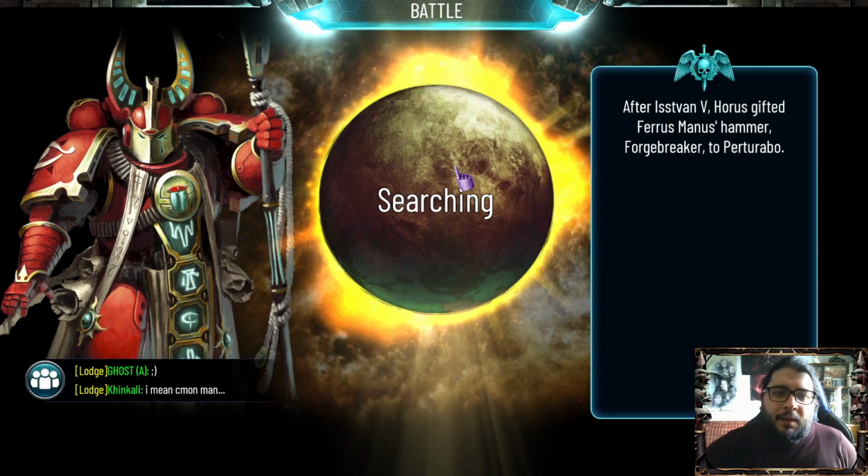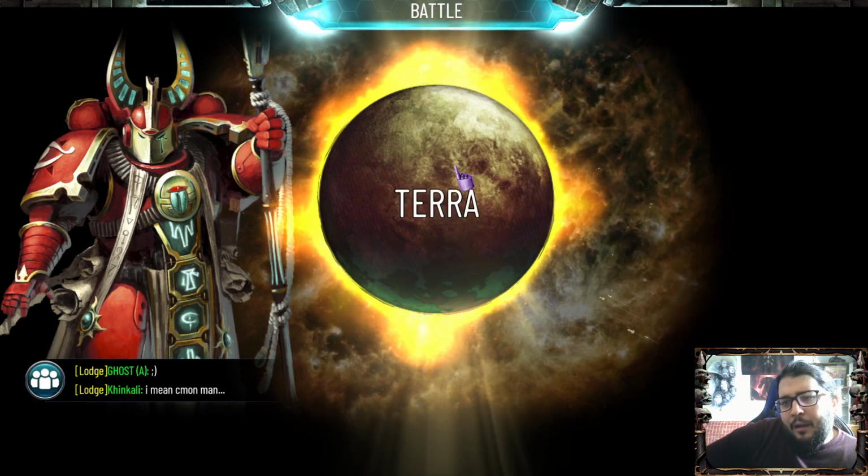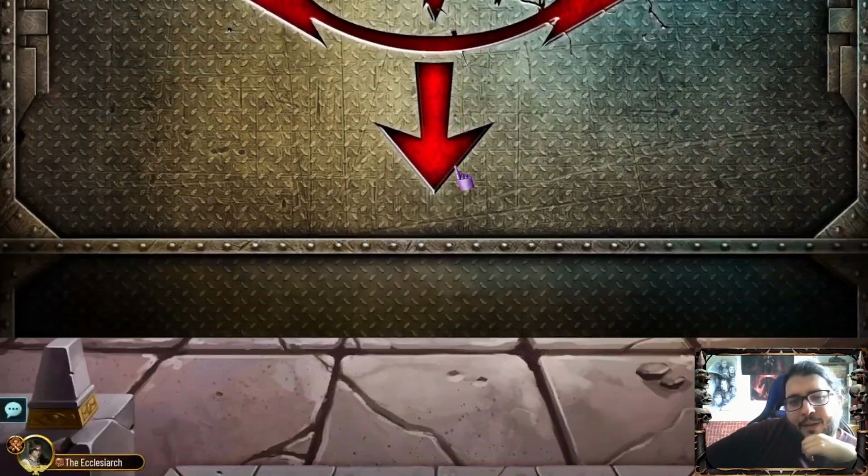All right, so sorry about the cough, guys. The first opponent that we get is a Sevatar. Okay, now